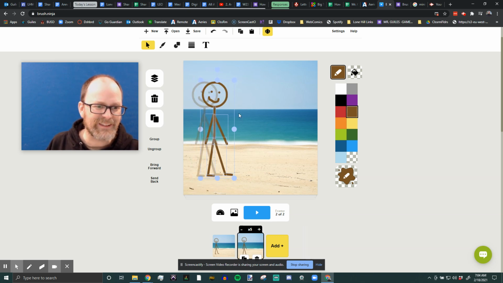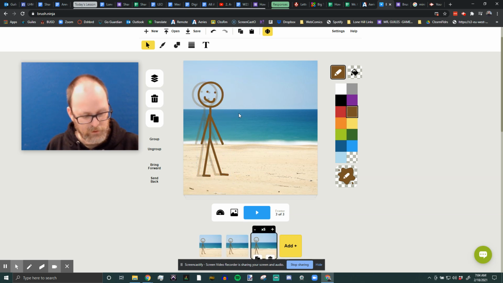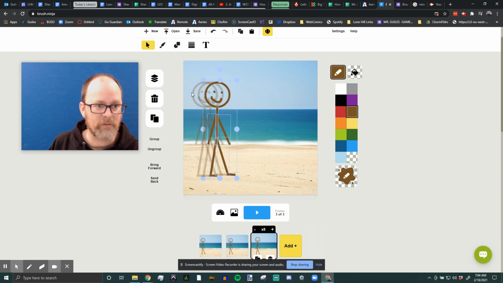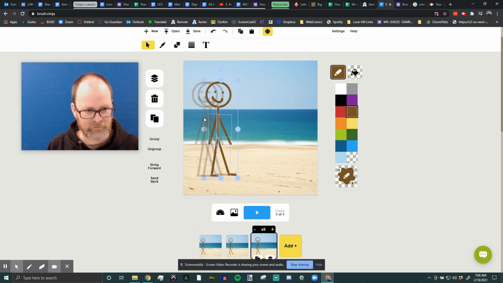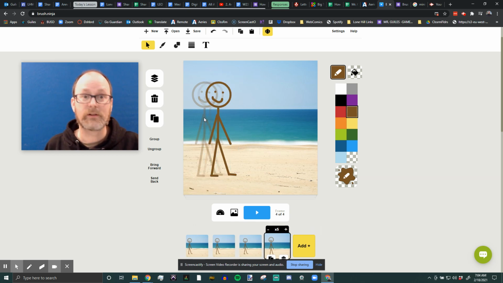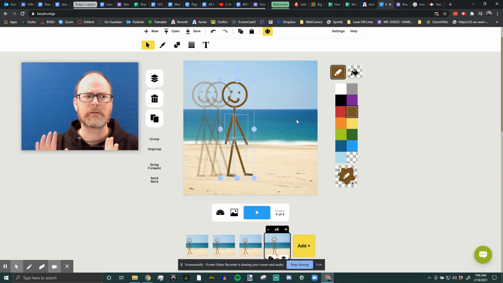I'm going to move him just a little bit forward. I'm going to make sure he's overlapped. Then I'm going to hit D, Control A. I'm going to slide him forward a little. Now, I'm going to make him go a little further. D, Control A. Good job. You got it. Okay. I'm going to make him go a little further. And then I'm going to have him slow down, and I'm going to have him look up. I don't know how I'm going to do that yet, but I'm going to.